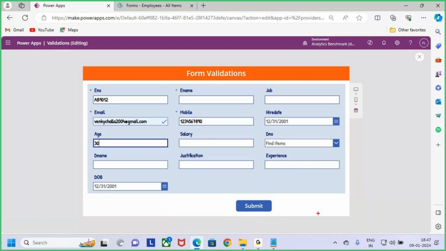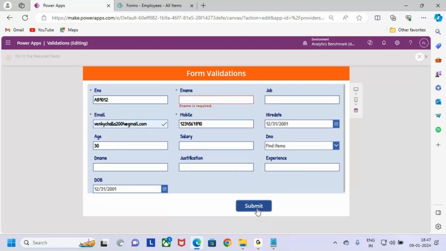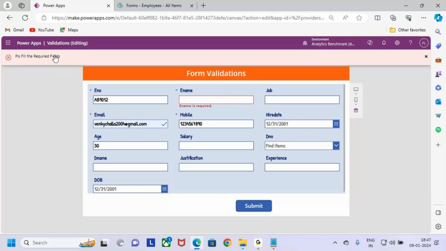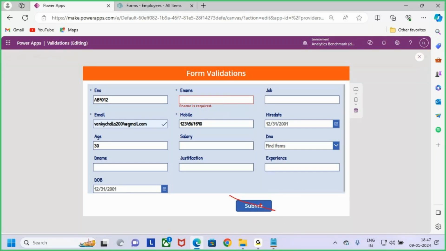Why? The e-name is a mandatory field, and here I am not entering the e-name. Even though I am not entering the e-name, it is allowing the user to submit. If you see, when I click on submit, it is not submitting the data. It is throwing an error: email is required. Please fill the mandatory fields, that is, the required fields. So when I want to enable this one is,